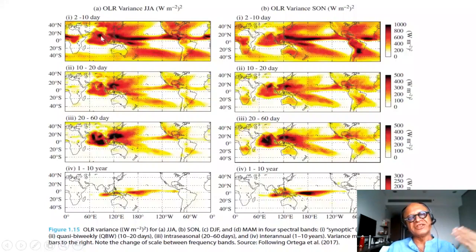These are basically energies being moved. It could be energy being moved from here over to land as monsoon depressions, or it could be energy being moved from the marine ITCZ to the Bay of Bengal in terms of what are called monsoon intra-seasonal oscillations,